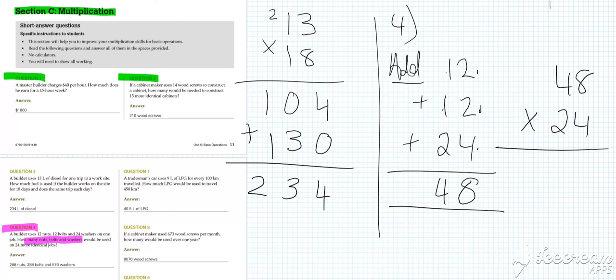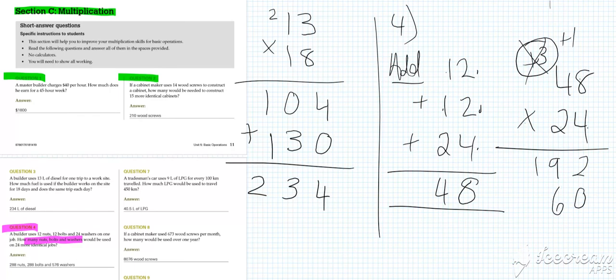So we go 4 times 8 is 32. 4 times 4 is, oh my gosh, what is going on here? Sorry, I keep pushing the pen accidentally. 4 times 4 is 16, 17, 18, 19. Place value, that one's done. 4 times 8 is 16, plus the 1. 2 times 4 is 8, plus 1 is 9. We add these up, and we get